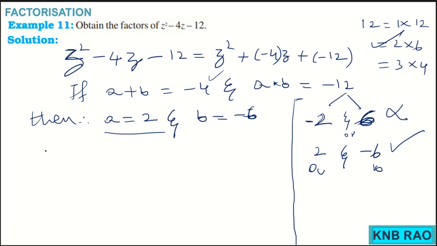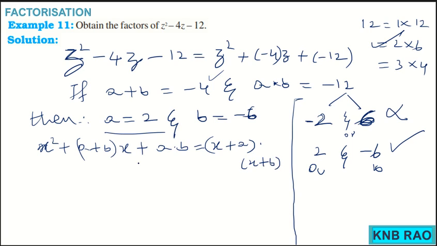Okay. When we have x square plus A plus B times x plus A into B, which can be written as x plus A into x plus B, in that identity,